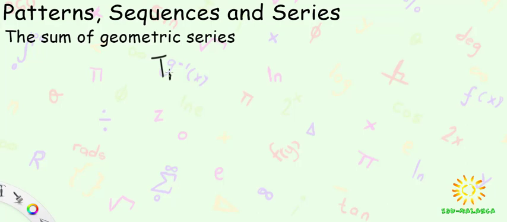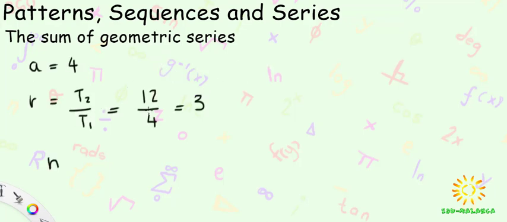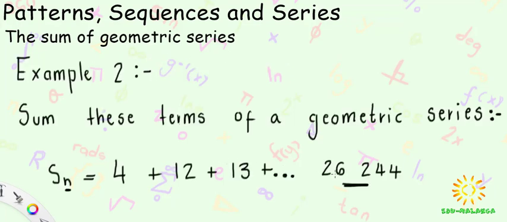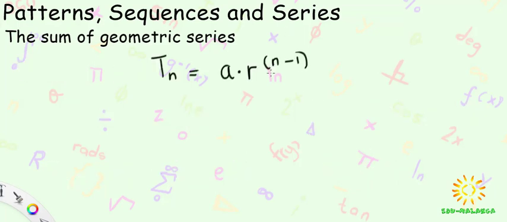We have Tn is equal to a times r to the power of n minus 1. We do have a and we do have r, and we also have Tn because that's the last term over here,